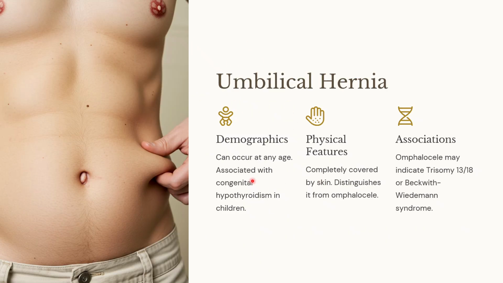Umbilical hernia can occur, and it is mostly associated with congenital hypothyroidism in children. It is present in the umbilicus area. There are two associations with the umbilical hernia. One is the omphalocele, where the omphalocele will be covered with a membrane, but the umbilical hernia will be completely covered by the skin. The other one is gastroschisis, which will not be covered either with a membrane or with skin. Both omphalocele and umbilical hernia can indicate trisomy 13, 18